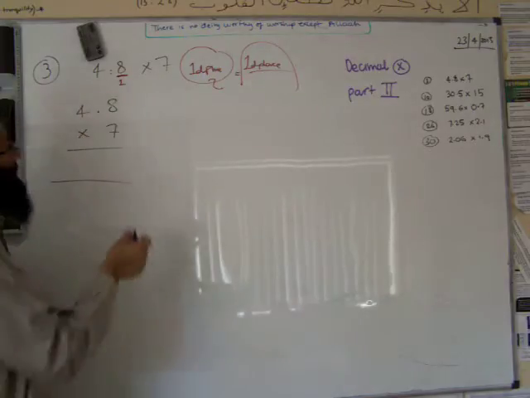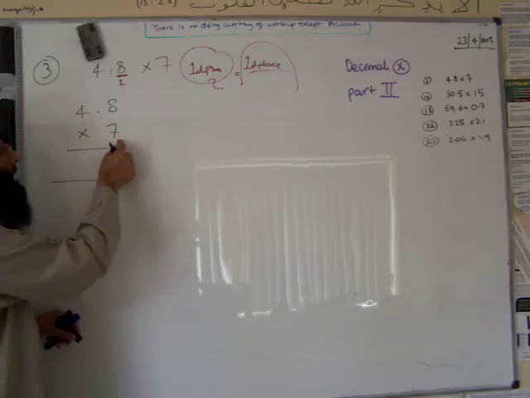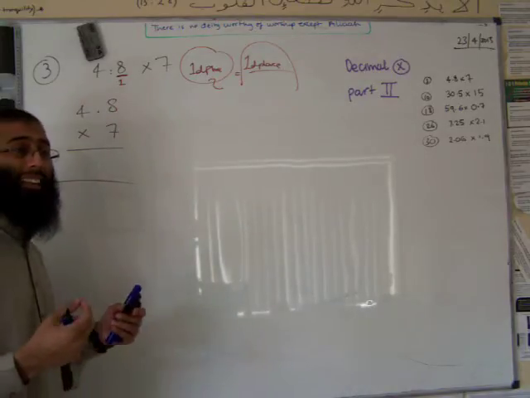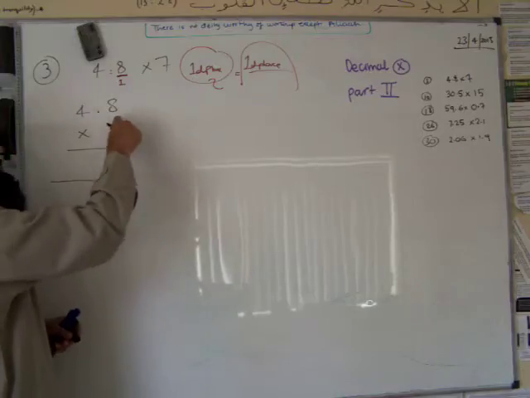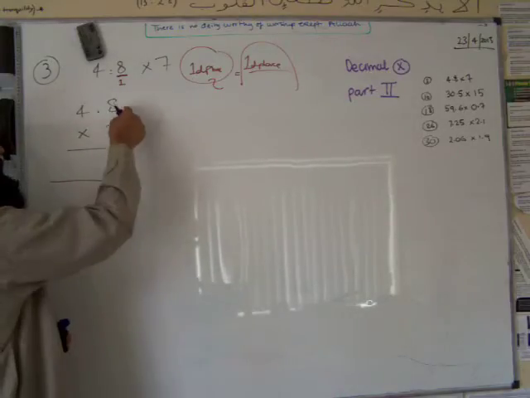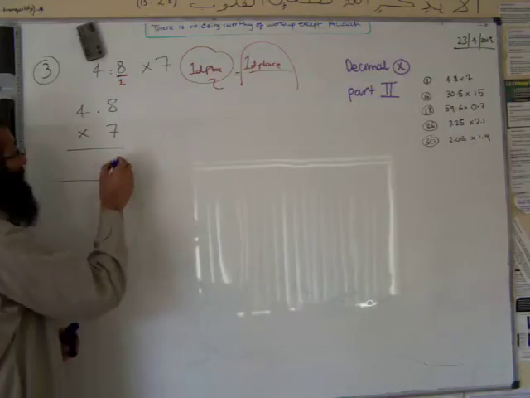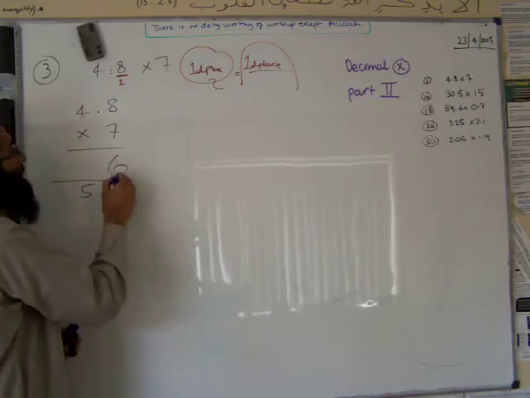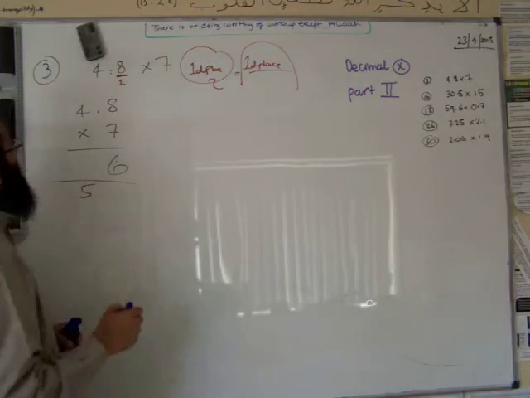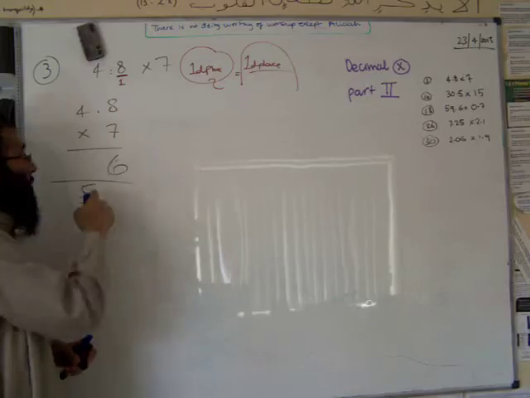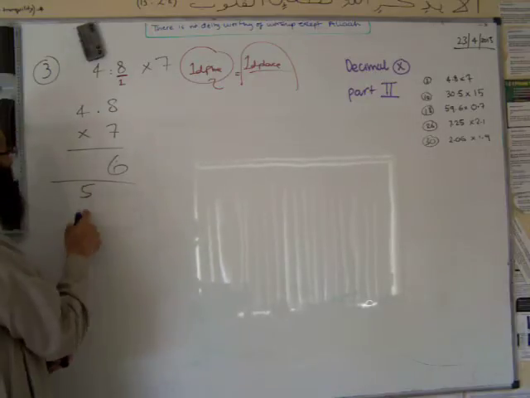As mentioned earlier, the number 7, even though it's 7 units, is placed under the 8 for neatness, and we're not taking into consideration that the 7 needs to go over here. It doesn't matter for this part of the question. So 8 times 7 gives you 56. 4 times 7 gives you 28. 28, add 5,